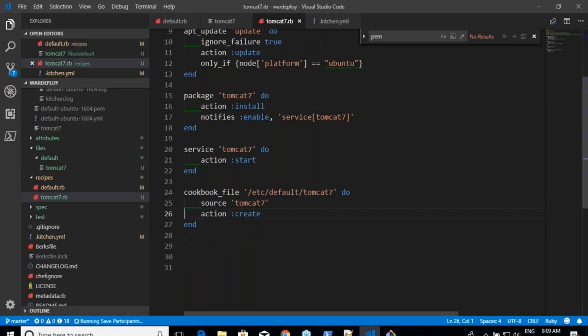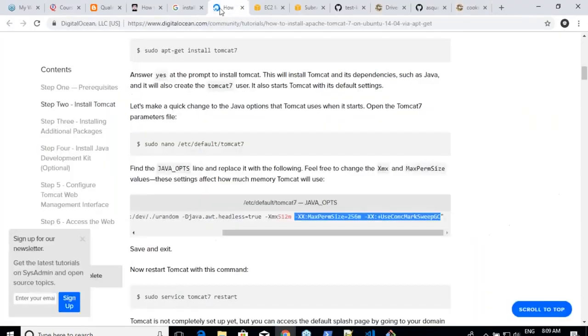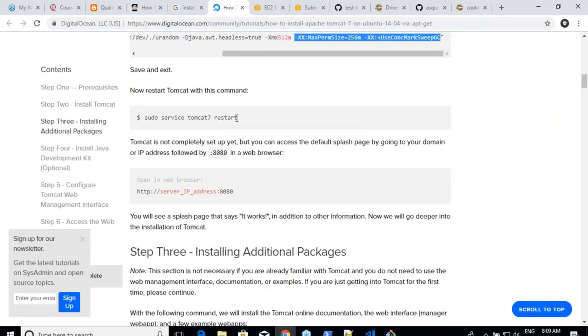Simple. Whenever you want to copy files, just say cookbook_file, and whenever you want to copy that file into any of these machines, you have to do this. Now let me go back to this documentation and see what it tries to tell. What is it that you need to do now? So how do I do that?